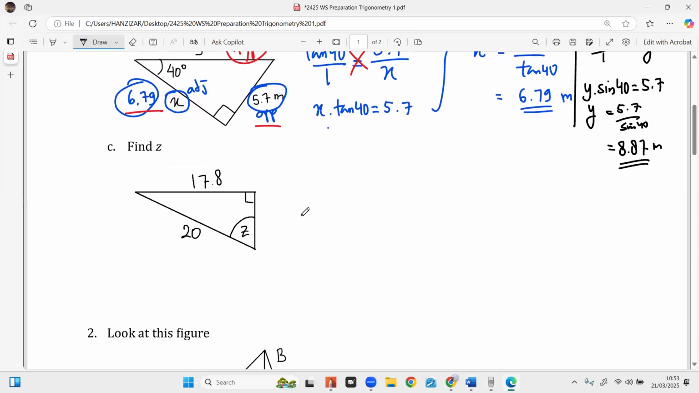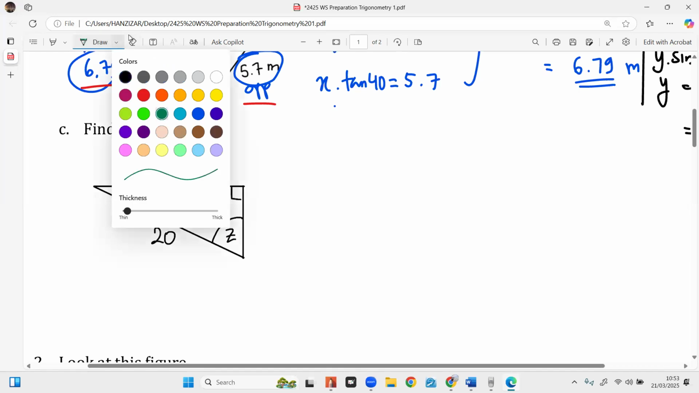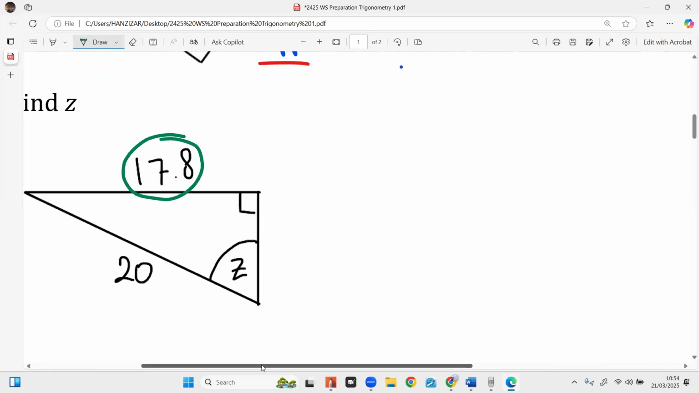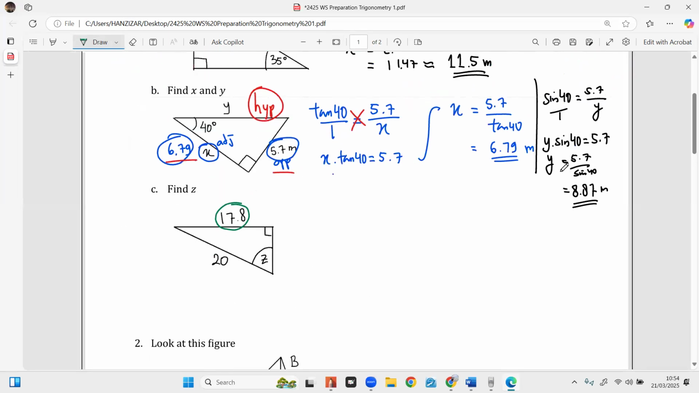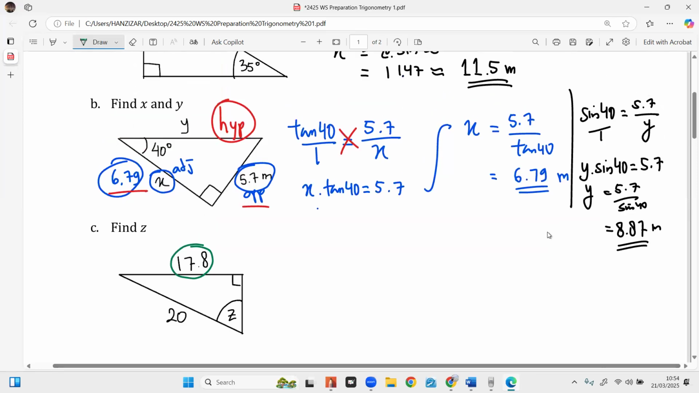Now, for question C, we are finding the angle. If you are finding the angle, you need the help of shift trigonometry, or the inverse trigonometry. So what is 17.8 about Z? Oh, I see. Okay. Now, to find the value of Z, we have 17.8 as the opposite and 20 as